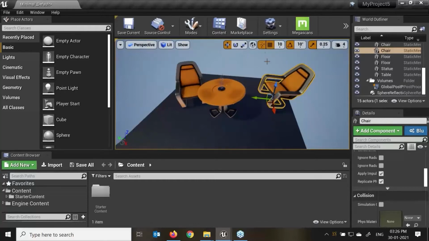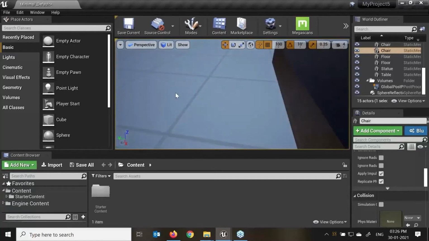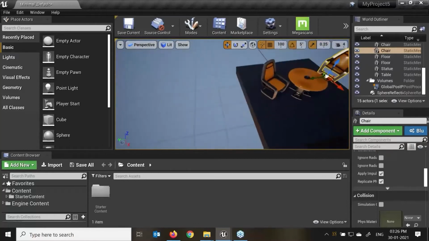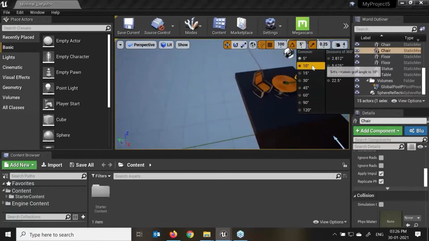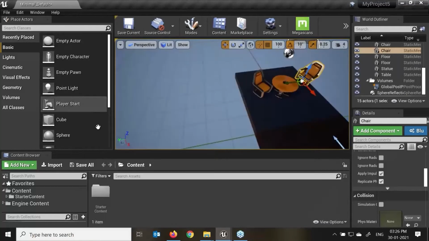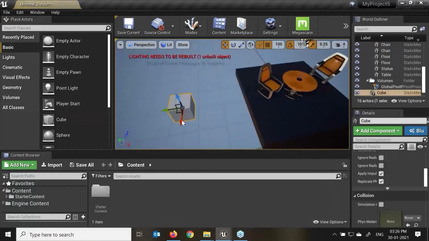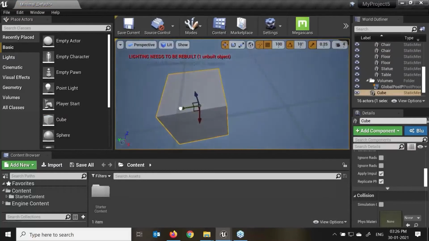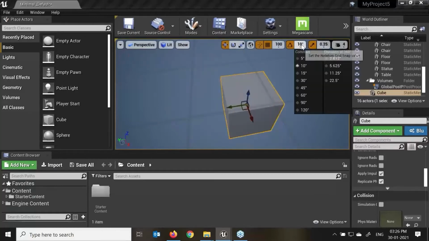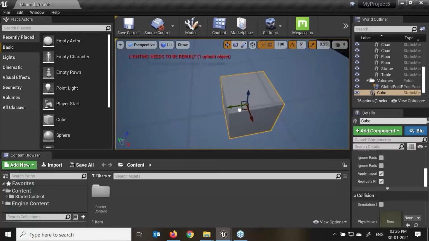Here we have the grid options, the snap to grid, or what will be my 100 unit grid. Here we can see the distance between this grid. If I say 5 units, this is the snap, how much it's going to snap. I'll just create one cube over here. Here you will see, if I try to move this cube, it is snapping with 10 units. If I select and say 5 units, just move it.